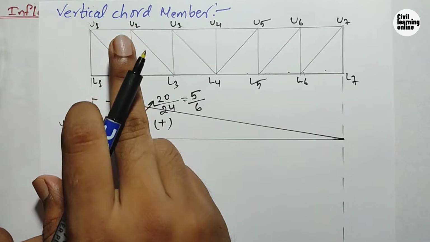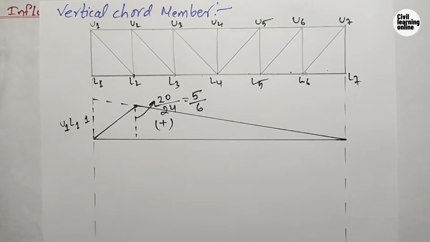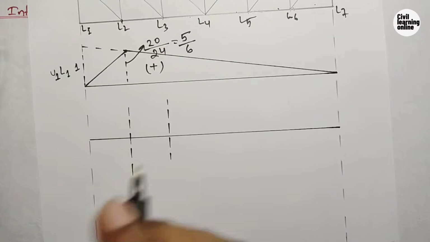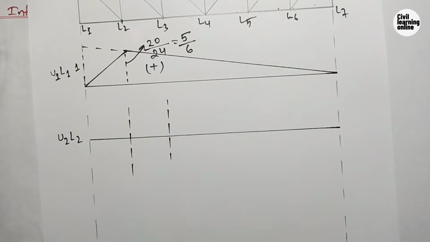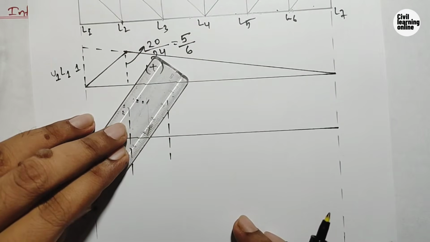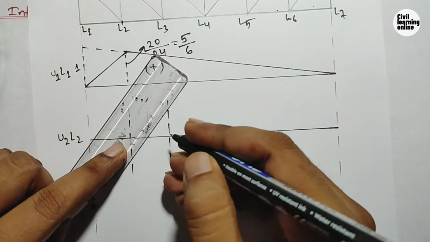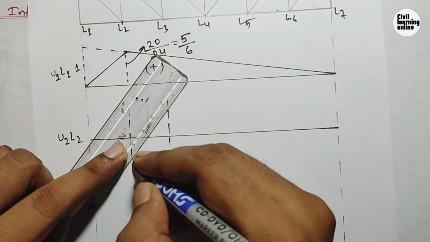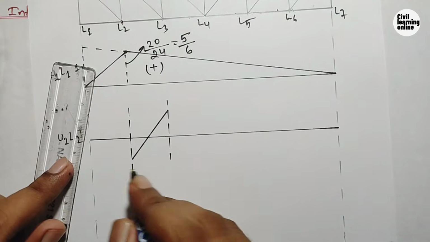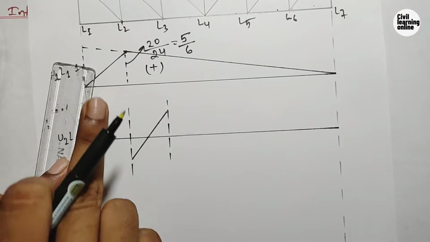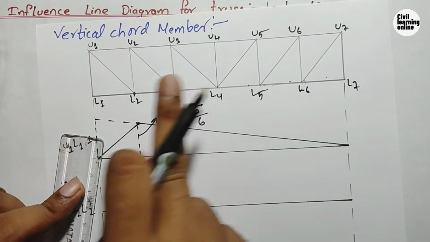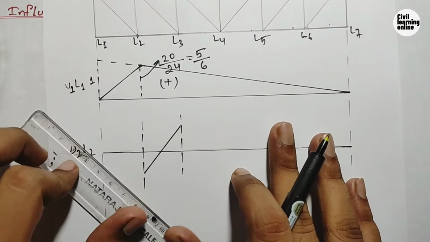Similarly, let us draw the influence line diagram for the U2 L2. So guys, while drawing the influence line diagram for the vertical member U2 L2, what happens after our load transfers from tensile to compressive? So while drawing this influence line diagram, it will be in both sections, in the upper portion also and in the lower portion also. Here the lower portion is tensile, means our load will first transfer from tensile to compressive when the load moves on this truss from left to right. So now join this,